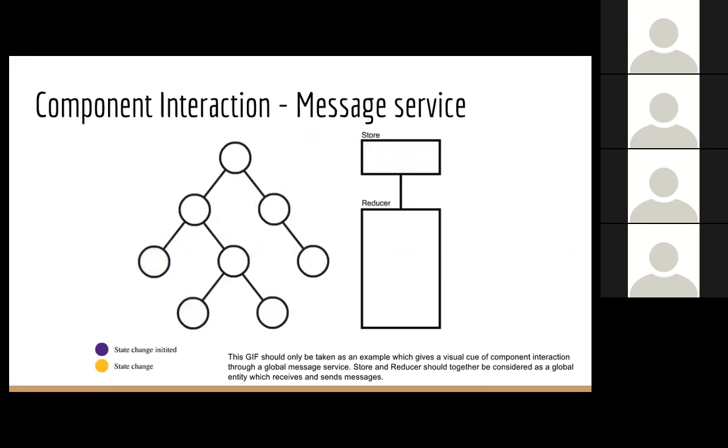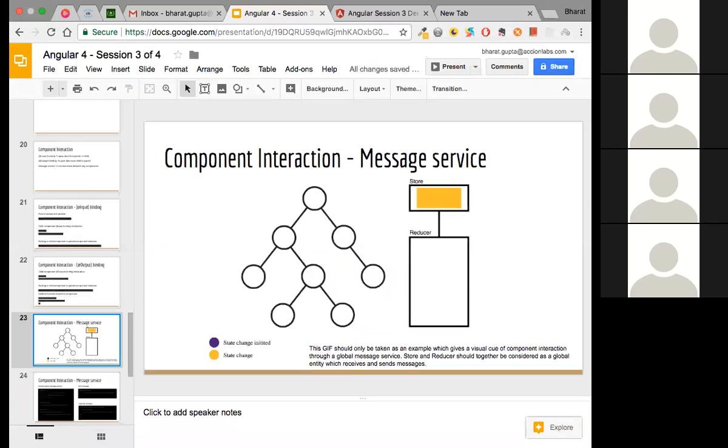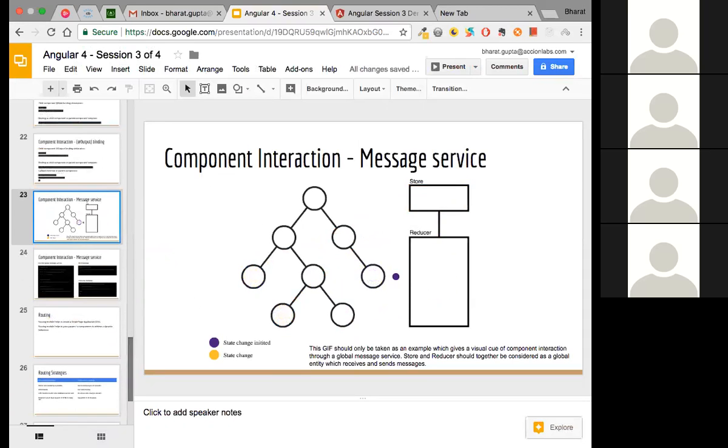This is consistent with observables, if you remember. In observables, whenever you have an observable object, you subscribe to it and then get the data, right? Similarly, the other two components on the left-hand side will be subscribing to the global message bus and only then getting the updates. I have a disclaimer written at the bottom right. This is actually from Redux. I'm currently working on Redux. So, anyways,